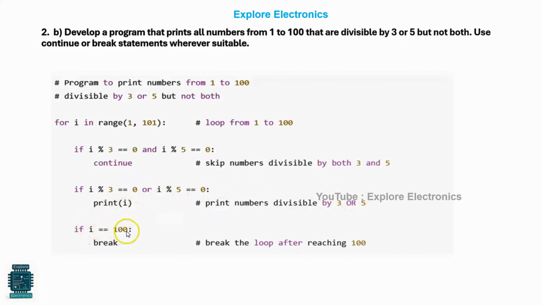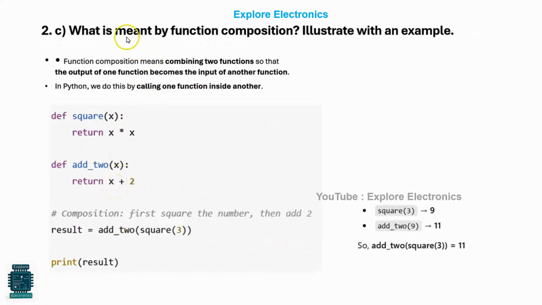If i equals 0, which means the range is completed. We have taken till 100 only. That's why it will break the loop immediately. It will break the loop after reaching 100. Clear with the example? Next, move to the